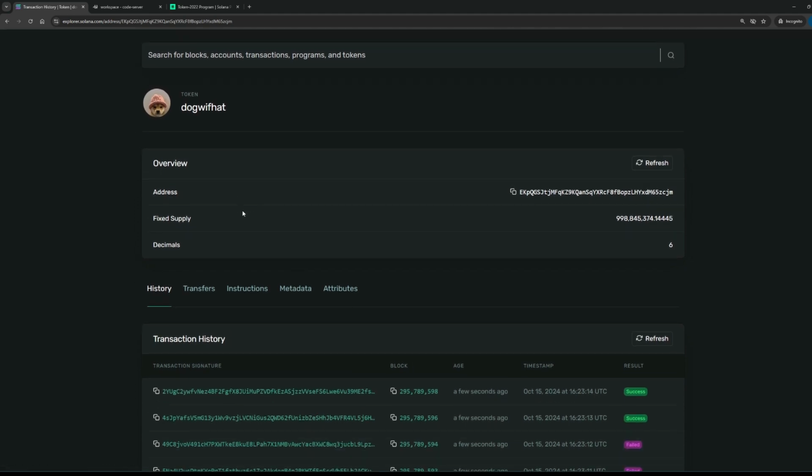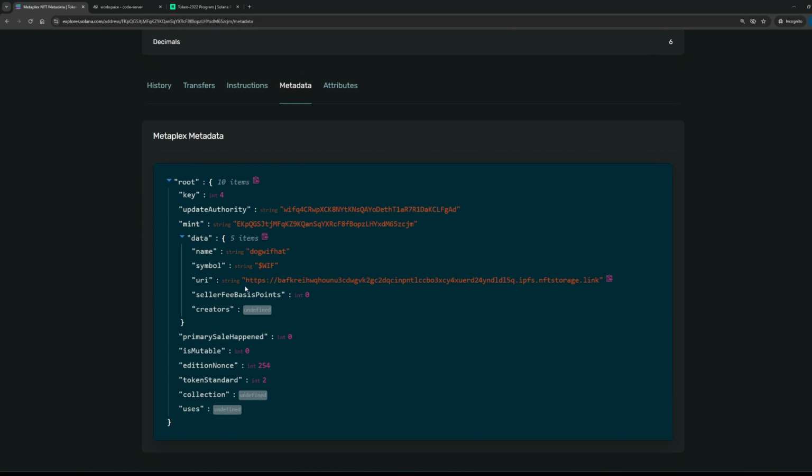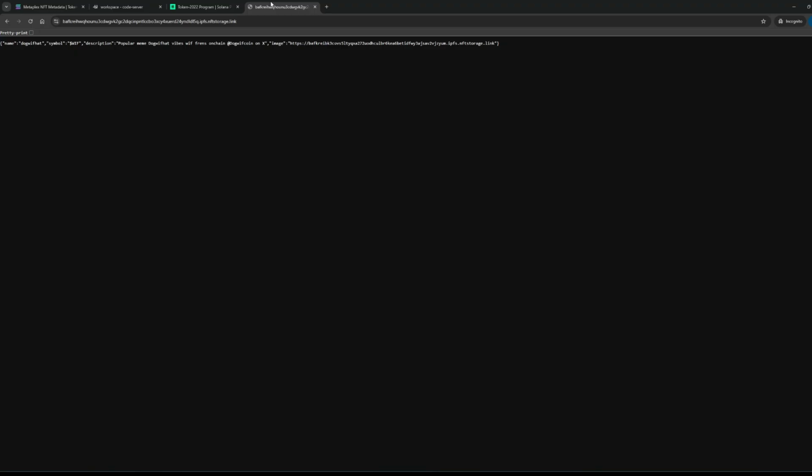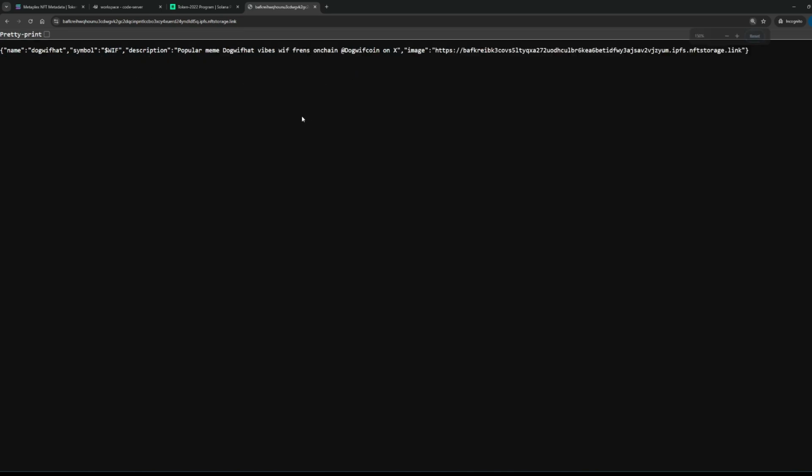This is also, we can see this token in the Explorer, and if we navigate to the metadata, we can see a bunch of fields, but we are looking for the URI. So let me copy the URI, and we can see, I can increase it. This is the off-chain part, so on off-chain, on this URI, this is actually stored, all right? So the name, the symbol, description, and the picture, which is stored on the NFT storage.